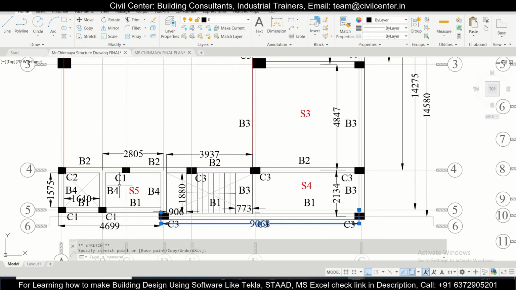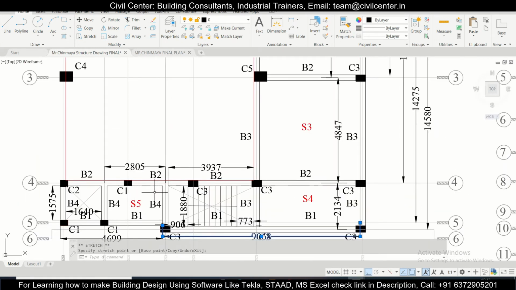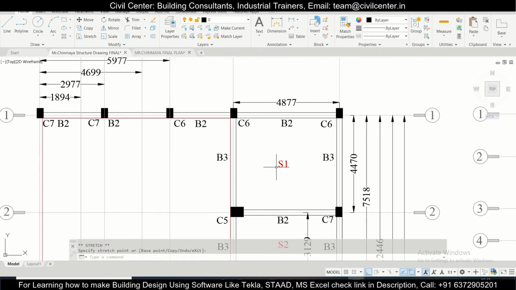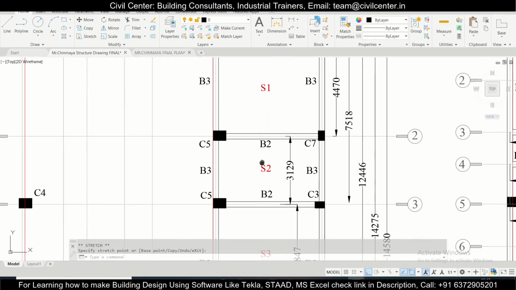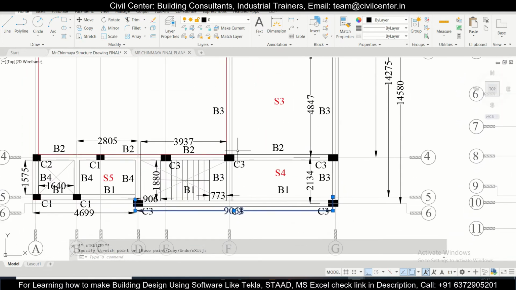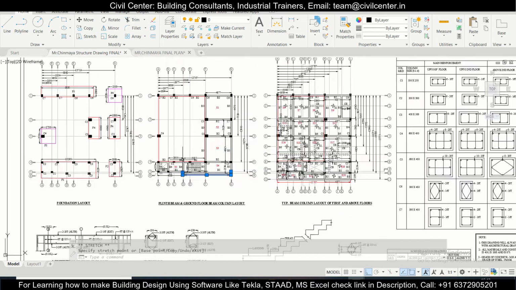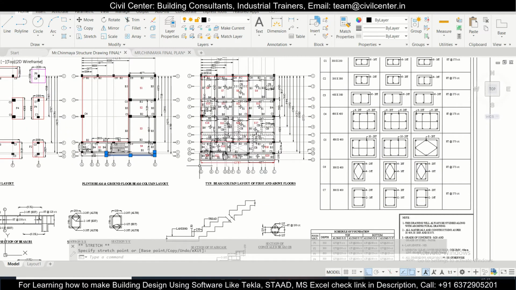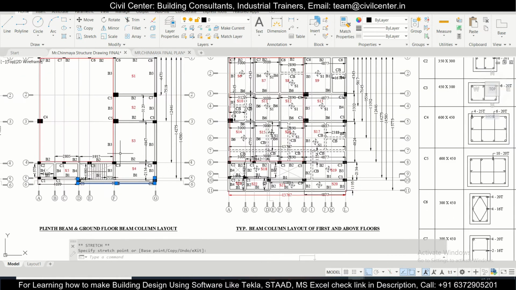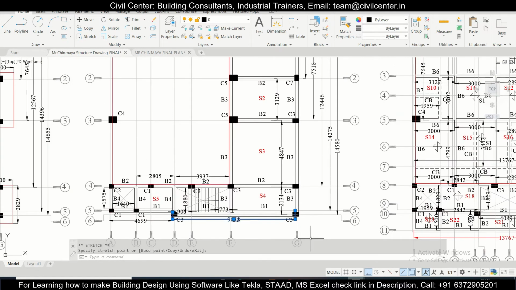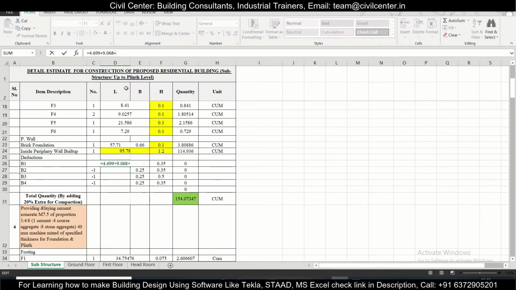Now the next B1, let's find out. No B1 horizontal now, so I think we don't have any B1 here. Vertically also you can check: B3, B3, B3, B4, B4, B4. So there is no B1, so we are good with it. So now we can simply go to the next one. We'll just close this, and this is the quantity.